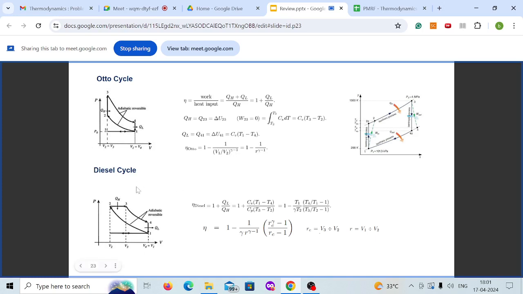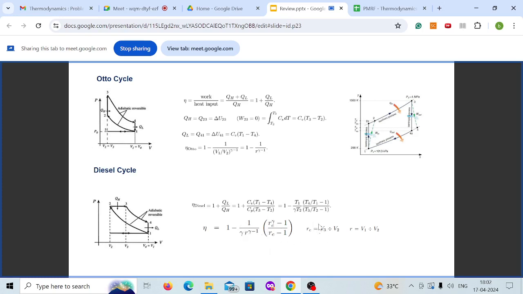And similarly, for a diesel cycle, you have the same expression: you can find out work done by heat input. Heat input is QH, and heat rejection will be the same, Cv (T4 minus T1), but your heat addition is at constant pressure, so it will be Cp (T3 minus T2). Then we can substitute in the expression, and it will reduce to 1 minus 1 by gamma into r^(gamma minus 1). Gamma is your Cp by Cv value, into